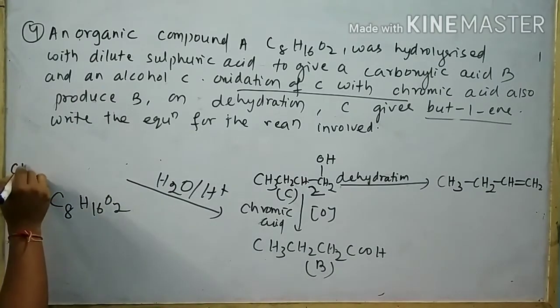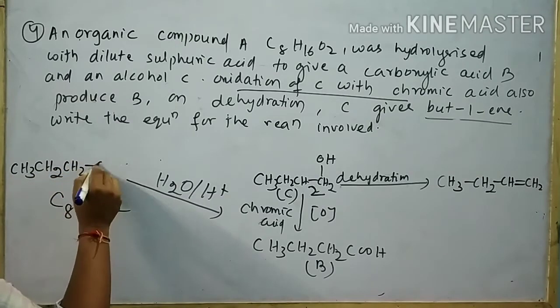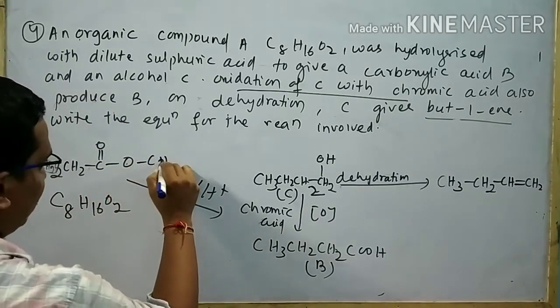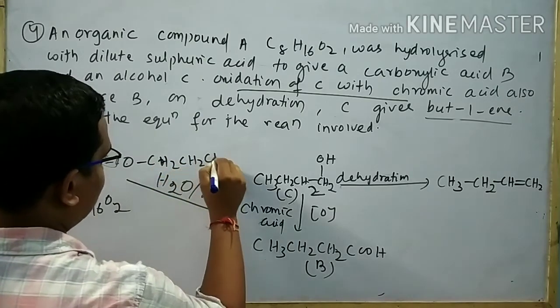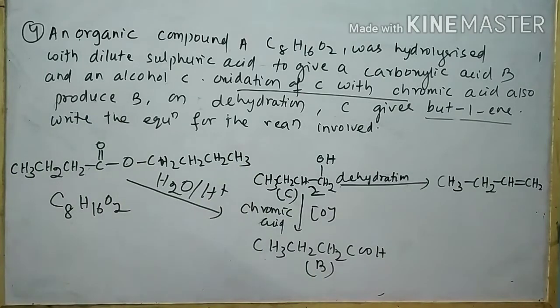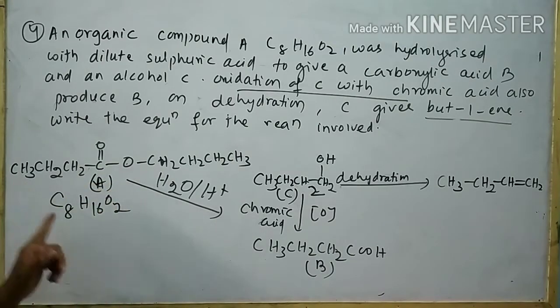So we can write CH3CH2CH2C(=O)OCH2CH2CH2CH3, that is butyl butanoate. That compound is A, and it has the formula